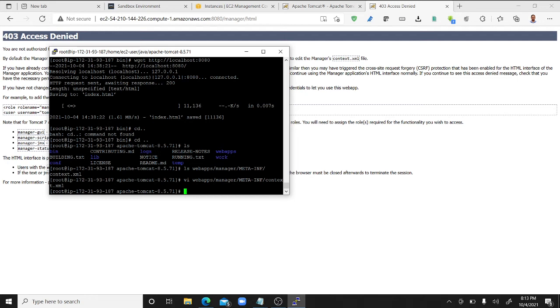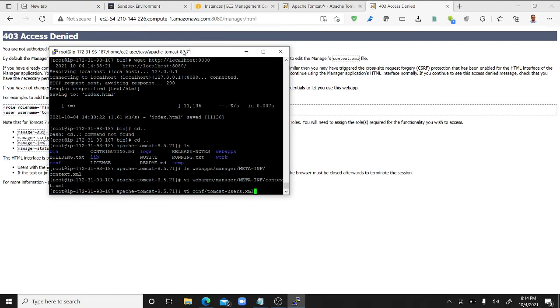Now there is one more folder. We need to enter into a folder called conf, the configuration folder in Apache. So I'll directly give vi space conf, and inside that we have a file called tomcat-users.xml.